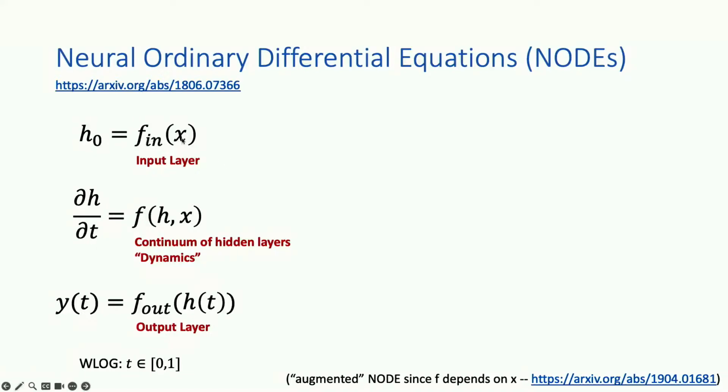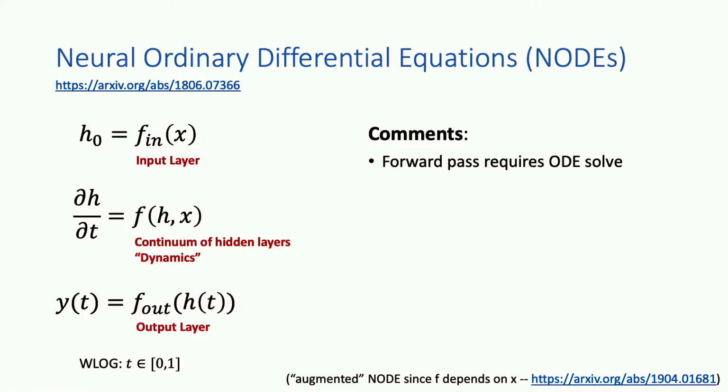where you have your input layer, which I'm not really going to focus on in this talk, but you have this continuum of hidden layers, which are these dynamics, parameterized by a neural network. And then you have your output layer. Without loss of generality, let's say t is between 0 and 1 here. A few comments: the forward pass to inference in these cases requires running an ODE solve. You can evaluate the output